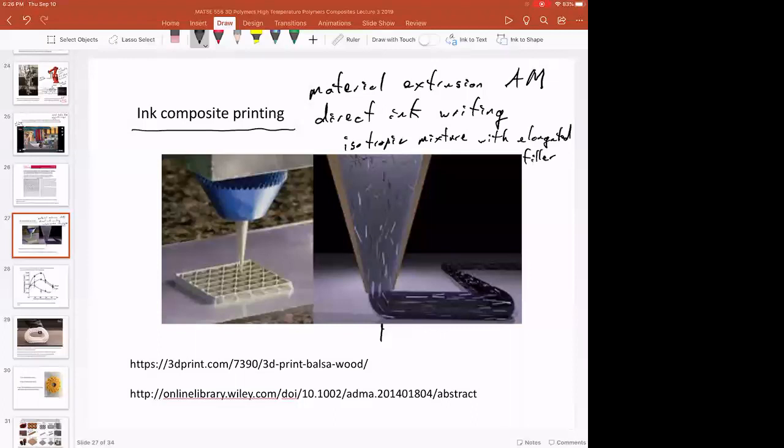And these are cellulose nanowhiskers in this example, I think. And so this isotropic mixture comes through the print head, but the filler aligns during printing